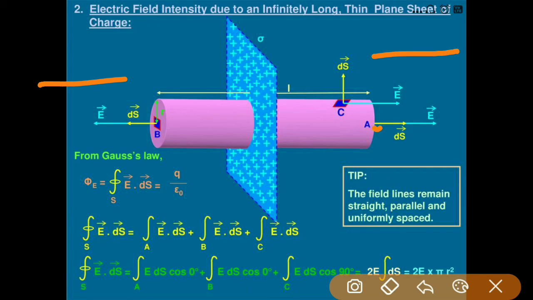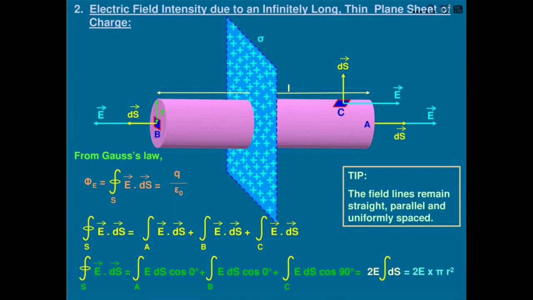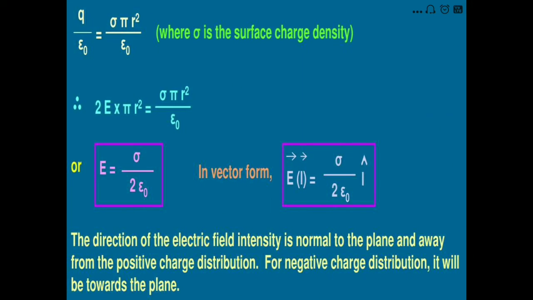If you are keeping the point here at P, you have to take the direction of the electric field which is away from the sheet. So this is the sheet, so away from the sheet means in this direction. If your point of interest is on this side, the direction of the electric field is away from the sheet, that means in this direction. So in this direction the unit vector you are taking. I hope you understand this concept, and it is very important because this formula is also very useful in the capacitor chapter.